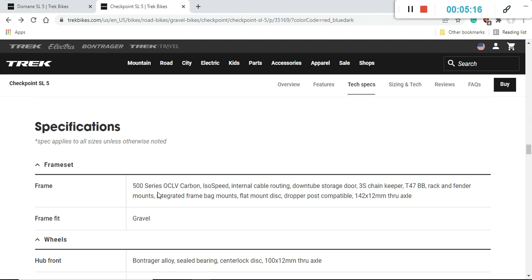Looking at this specification, I don't know if there's some error currently on Trek's website. They forgot to mention the carbon fiber fork on this Trek Checkpoint, but it is a similar level of carbon fiber fork. So when you look at the frame and the fork between these two bikes, there's not much in it. So the key difference, I would say for me, would be this Trek's ISO speed decoupler,